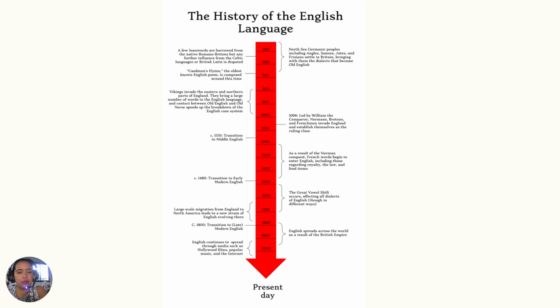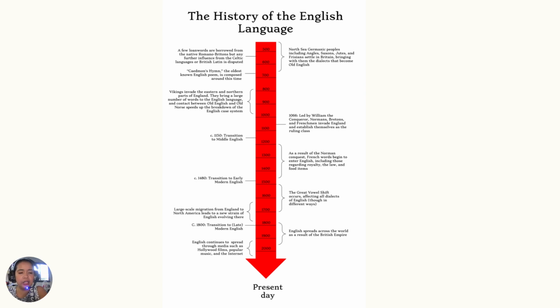Here, there is an invasion already of the Vikings, and then followed by 1066 wherein there is an establishment already of the Frenchmen, the Normans, wherein they invaded England and established the ruling class. This one is followed by the transition to Middle English at 1150 and then resulting in the conquest of the French words beginning to enter English, including those regarding royalty, the law, and food items. And then after that, at 1480, there is already a transition to Early Modern English